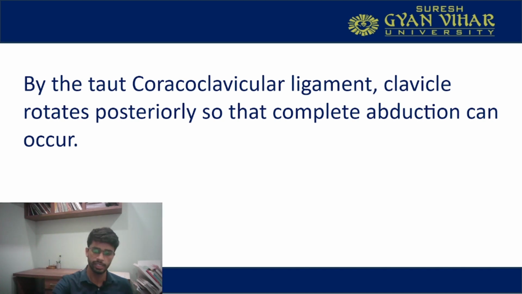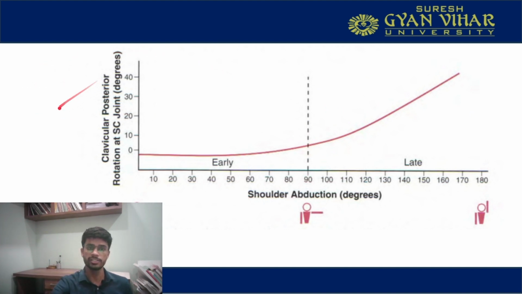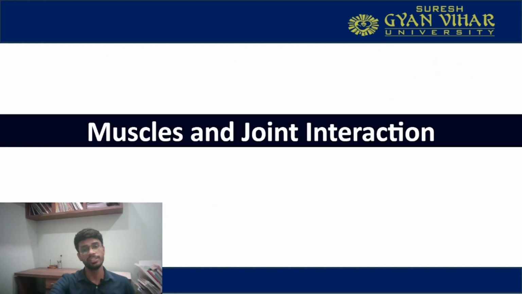This we already studied. Now this is again depicting the same posterior rotation of the clavicle by the graph. In the early motions, you see there is only roughly 10 degrees of posterior rotation. When your arm is getting into 120 degrees, there is a sudden rise in the posterior rotation and it goes till 40 degrees. When we were studying the sternoclavicular joint, I told you that this posterior rotation occurs at the clavicle. It plays a crucial role in abducting the glenohumeral joint. So without this posterior rotation, it is not possible to abduct the glenohumeral joint.